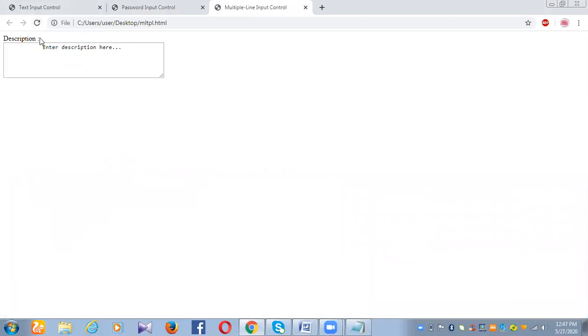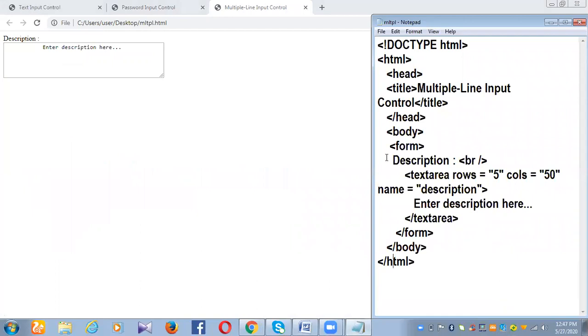See here, the description appears here. Okay, see here under the form, description, right, and a line break tag. Then the text area we have mentioned, where rows is equal to 5 and cols is equal to 50. So the size of the text area depends on the rows and columns.